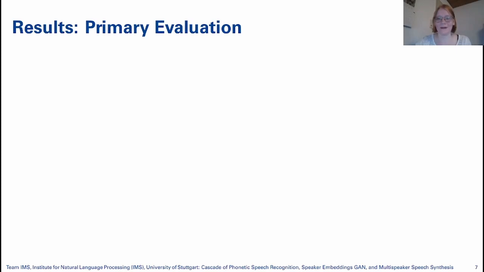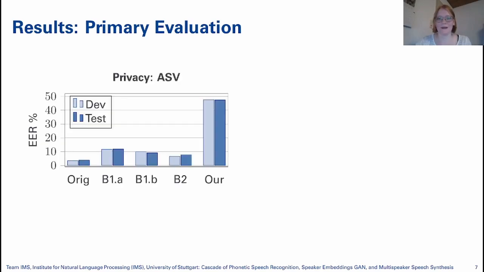So in the primary evaluation, the first metric is the privacy metric, assessed by using an ISV attacker that is actually pretty strong because it is retrained on the training data that is anonymized with the same pipeline as I showed you before. And because this attacker is so strong, the baseline models actually don't have a really good performance. So they have all a pretty low equal error rate.